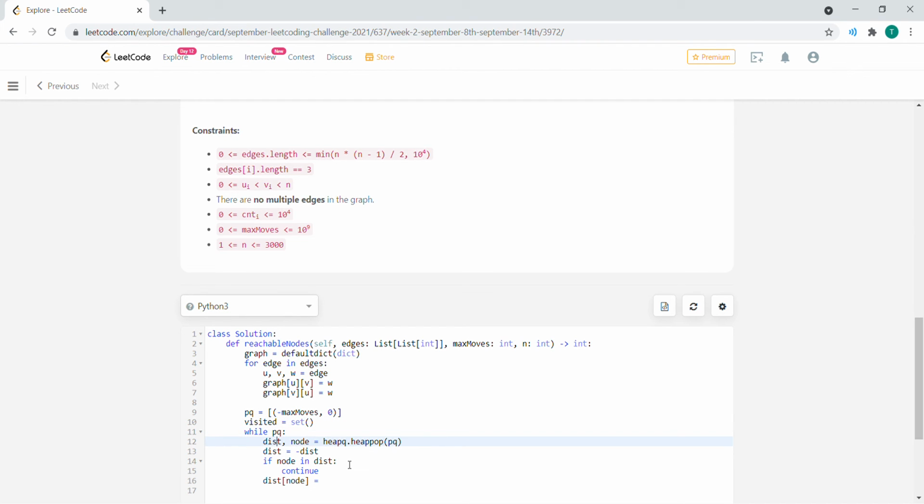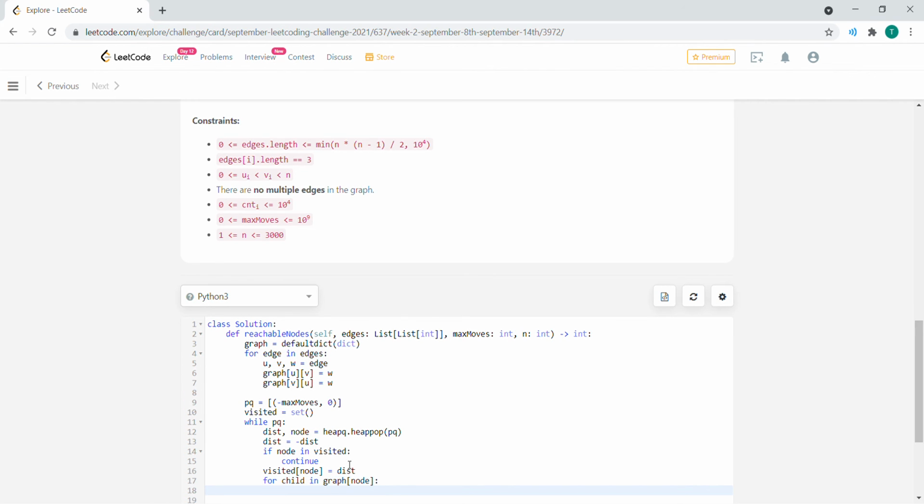Change it back. So it's going to be distance for each node in our visited. That's going to be our visited node set at I. And that's going to be our distance. And then for each child in our graph at the node, it's going to be a square bracket,